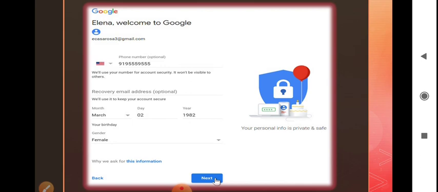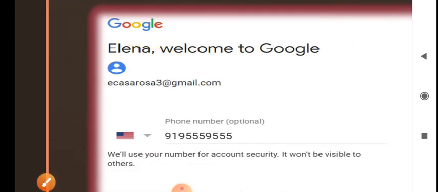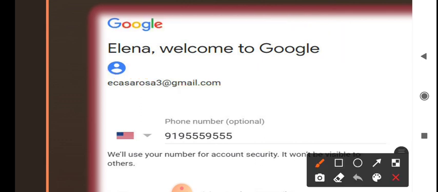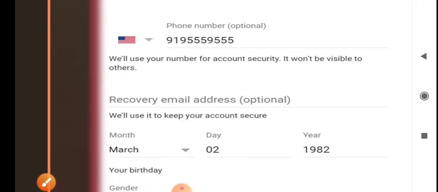It will show that you have been welcomed to Google, and your ID will be shown here. Correct. Now there is one recovery option, meaning if you ever forget your email ID or your password, at that time you need a recovery email address.